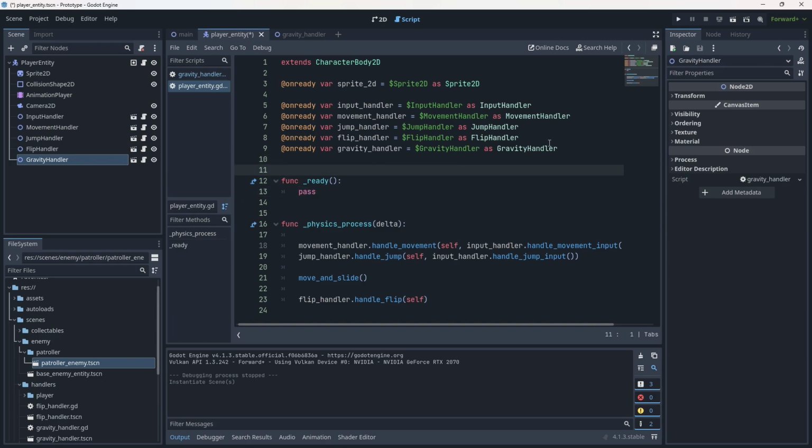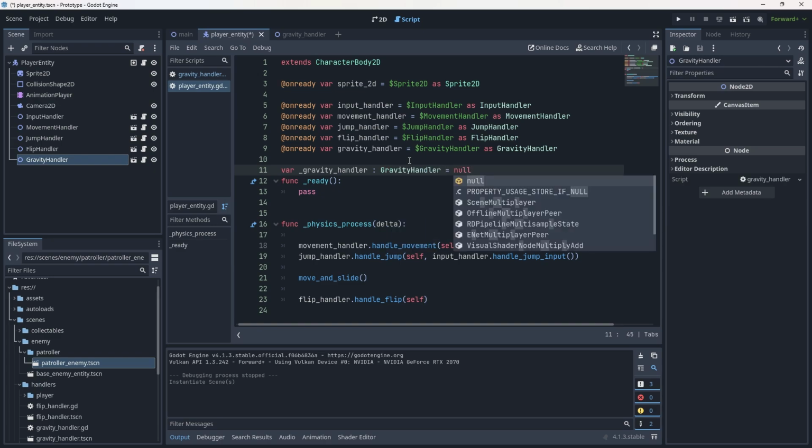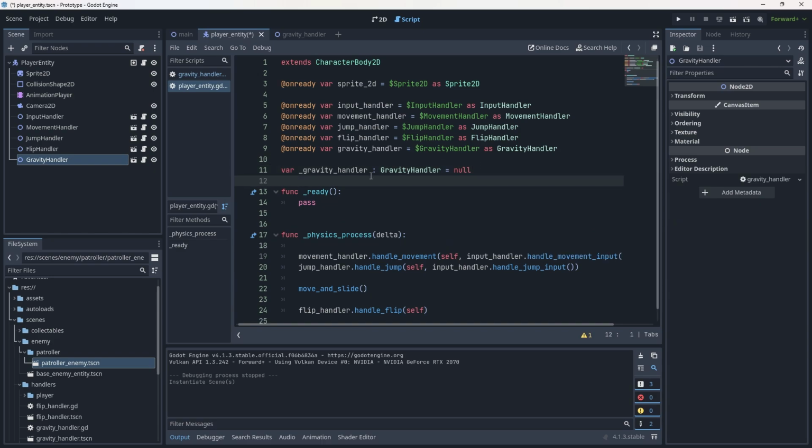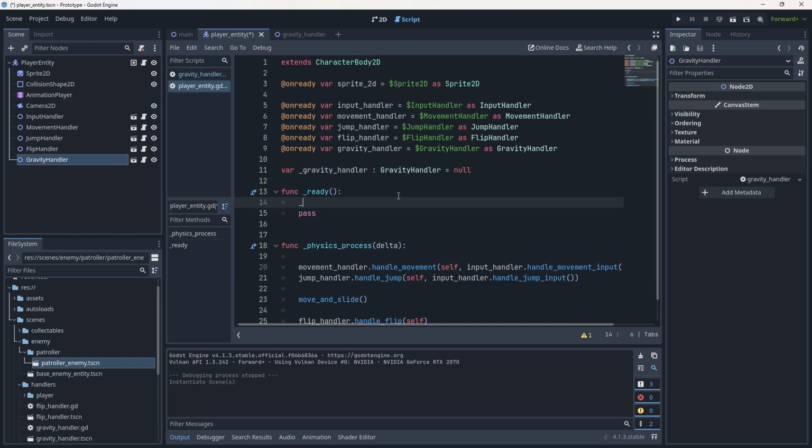Truthfully, what you can do is I'm going to give this an underscore. I'm going to go var underscore gravity underscore handler. And then I'm going to typecast this as a gravity handler type. And then I'm going to set it equal to null. And you'll notice that there's nothing here, so this won't do anything. But in the ready function, what I can now do is I can call gravity handler, then I can go